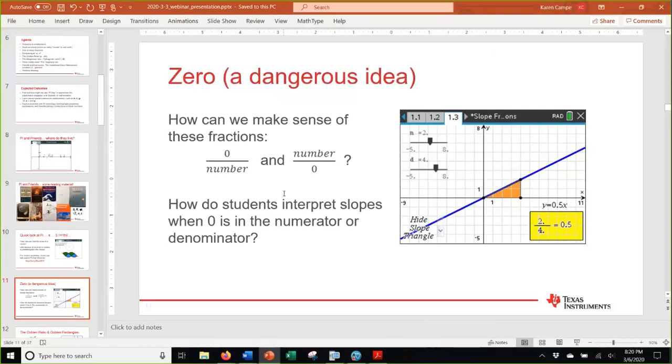So I wanted to have some exploration with these fractions and with slope that involves 0. Again, my experience with Algebra 1 students is they can very easily confuse horizontal lines, where the slope equals 0, and vertical lines, where the slope is undefined, because some books and some teachers might call it 0 slope and no slope, and that can be confusing terminology, because is 0 no slope? Maybe, maybe not. So let's take a look at how we can work with this. Let's jump to our TI-84.